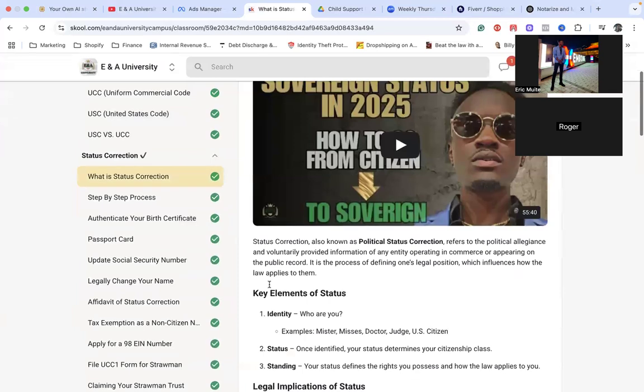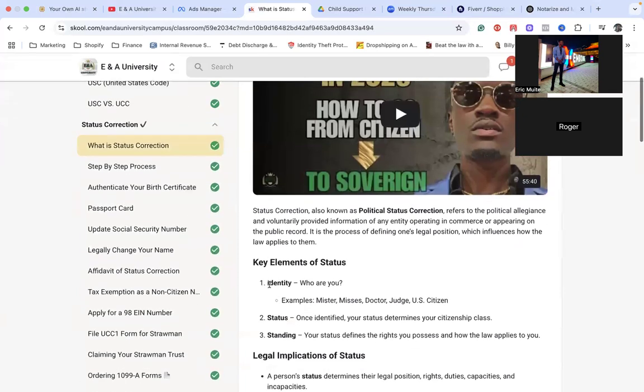But on the topic of status correction, I cover specifically what I feel makes the most sense for status correction. In my experience, from reading documents and books and also from applying this information, there are two types of individuals. One is a secured party creditor and one is a foreign national. The difference between the two, in the simplest form, is the secured party creditor can still operate